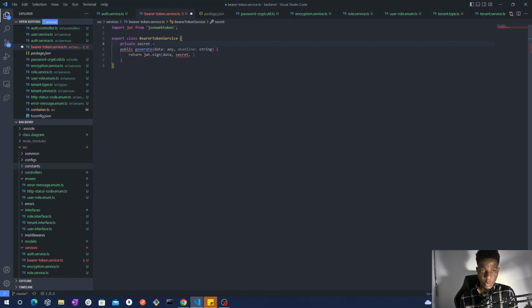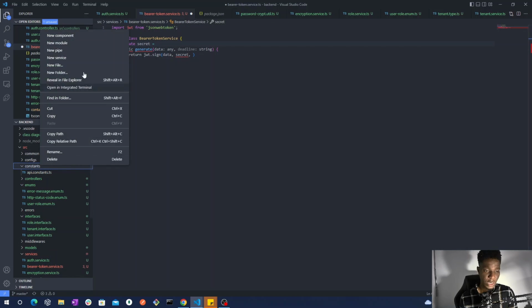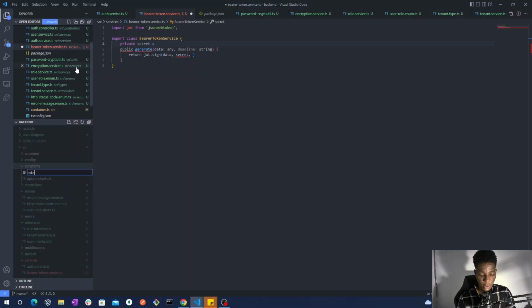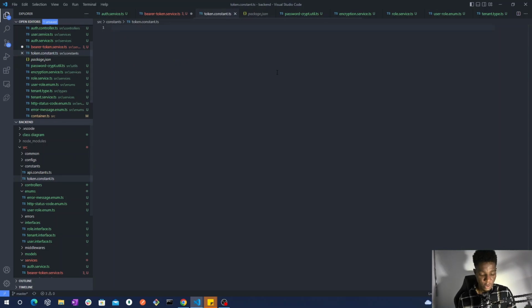The best way to change the value of this secret once is to create a constant, and if you change the value once, it will be changed inside all the files where you use the secret value. So we will create a constant, and we will call it token constant.ts, because here we will export